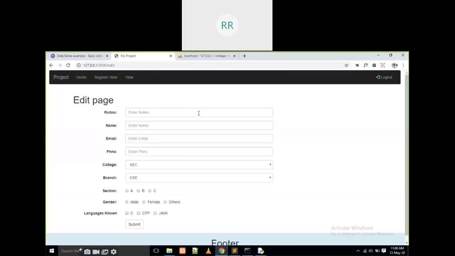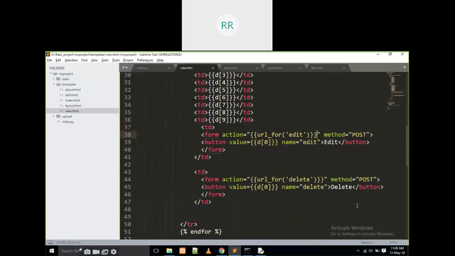Instead of empty fields, I am going to get all the fields of that particular record. What am I passing here when I click the edit button? I am passing d of 0.